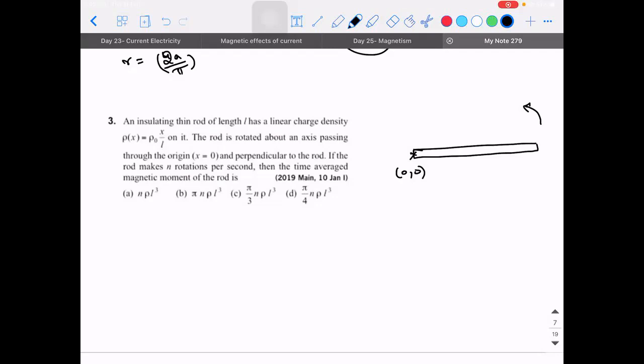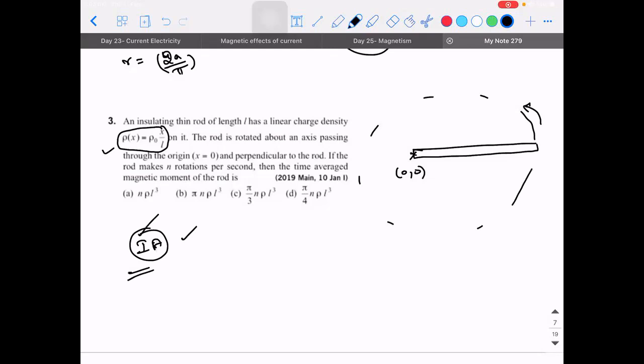See, these kind of problems, how are we supposed to proceed? That I've told many times. Look at the question, you will get the idea. You're having a function. So when you have a function, then we need to involve calculus, right? So for us to involve calculus, we need to take a small current carrying element and then proceed. Because I could have directly written the answer as I into A, where A is going to be the area that is going to be swept by this rod. I could have directly written it provided the current was uniform.